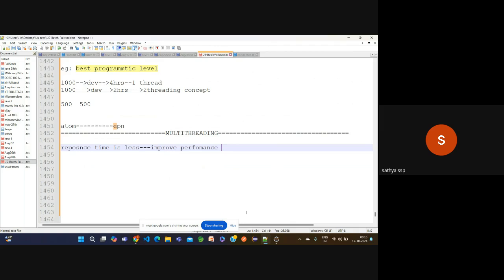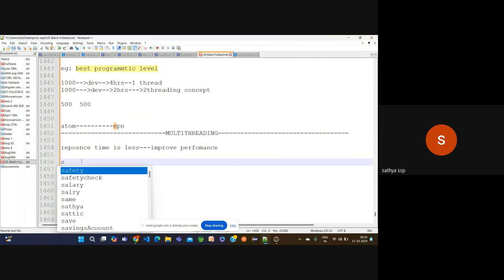In our system also, multiple threads are executing internally right now. Observe carefully. Notepad plus plus is one application, one process. Within the process, I am typing some code, and typing the code is executed by one thread. Giving suggestions is executed by another thread. Multiple threads are executing simultaneously. So two threads are executing right now.